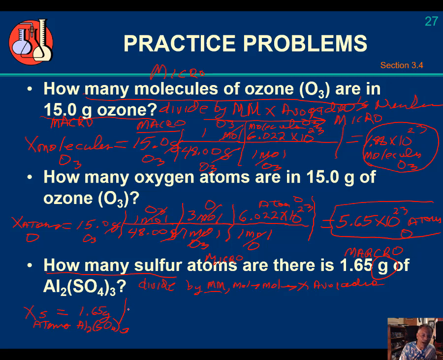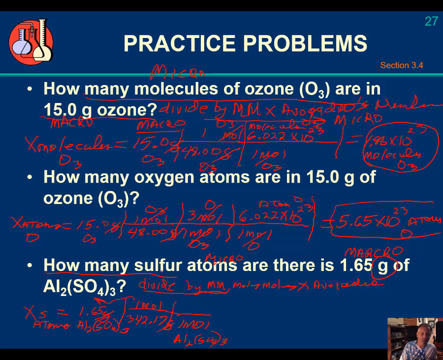Now, my conversion factor here is to divide by the molar mass, which we figured out was 342.17 grams for every 1 mole of Al2(SO4)3. And my next conversion factor, because this is going to get rid of grams, I'm now in moles of aluminum sulfate. And 1 mole of Al2(SO4)3